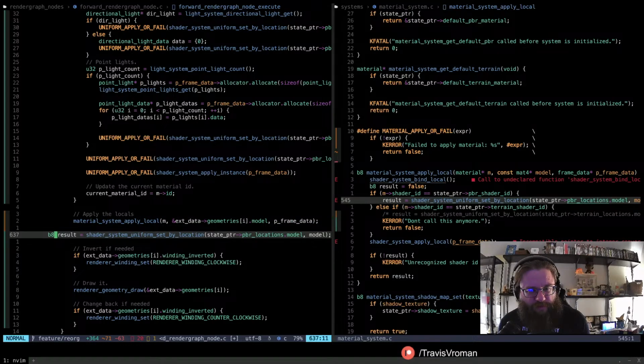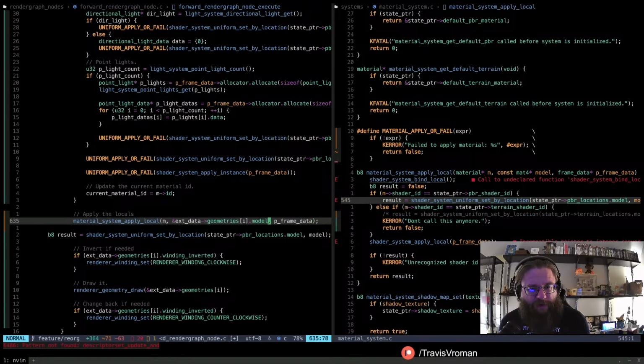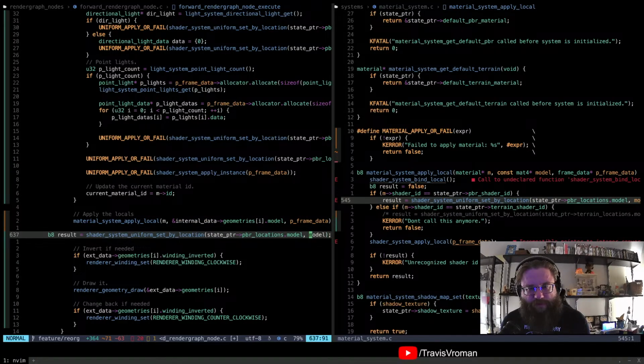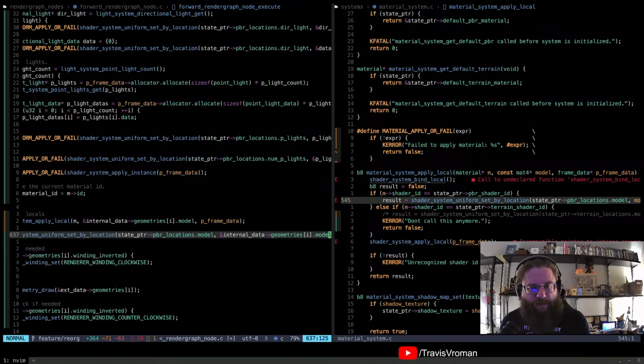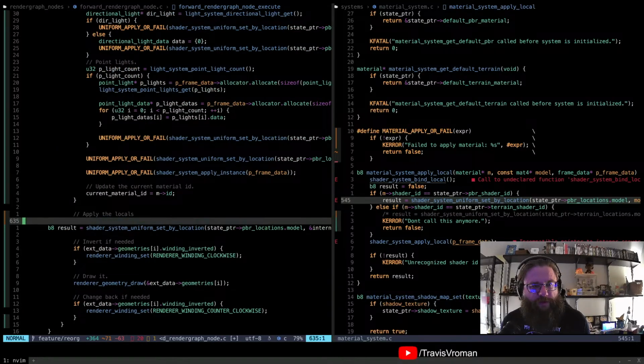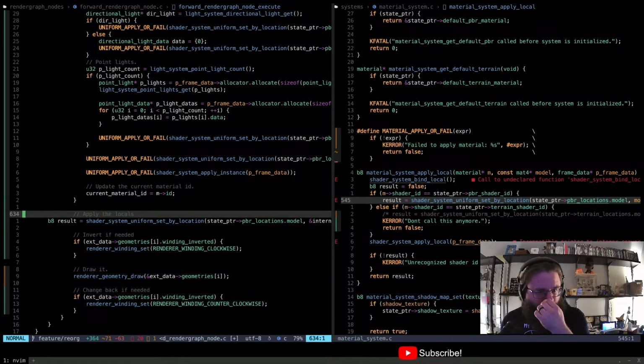And then for model here, we are actually going to pass, this is internal data, right? We're going to pass this there, right? And then we can remove that. I feel like there was more to that. Oh, there is. One more thing.